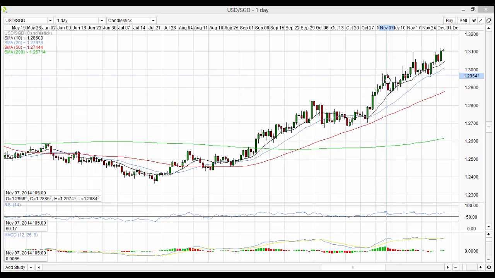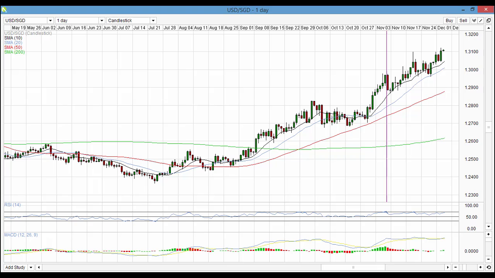So basically the market did not like the news that came through, and the US dollar was sold, and we had a pullback on this chart, and then we had a continuation of this uptrend. It basically provided us with an opportunity as the market pulled back into the buy zone and then continued on higher. Let's have a look at another example.